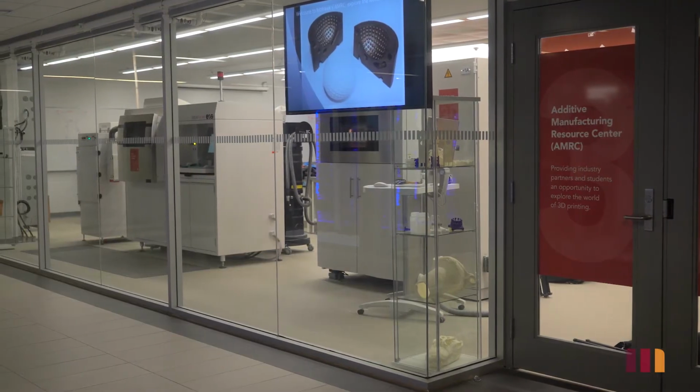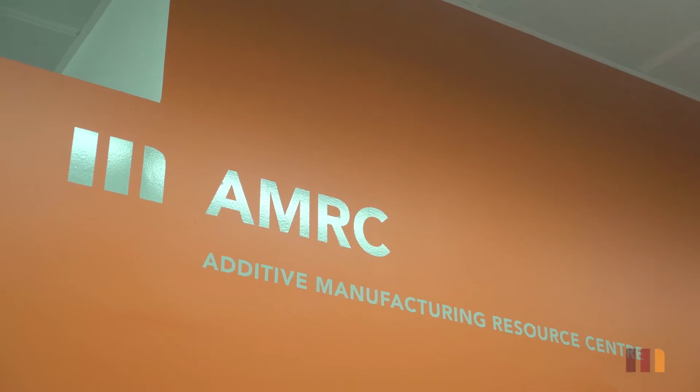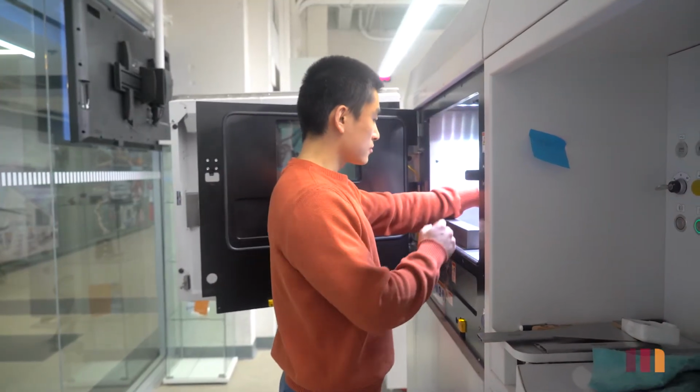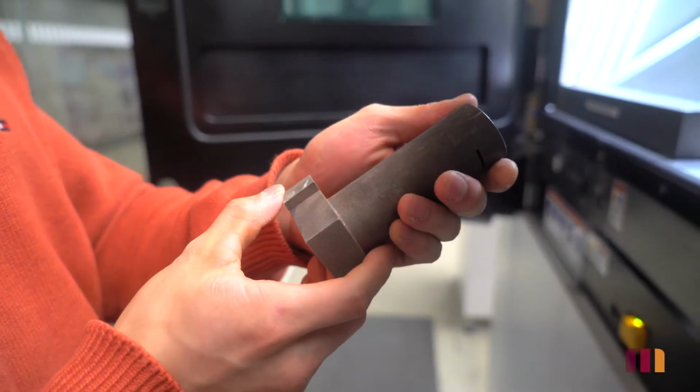So this is the Additive Manufacturing Resource Center, the AMRC as we call it. This is a center for research in different forms of additive manufacturing. We've seen people walk through the door ranging from biomedical implants and thumb prosthetics to people that want to redesign the internal combustion engine and everything in between. In our partnership with Dynaplast, we were using our additive metal manufacturing to create a tool for their injection molding